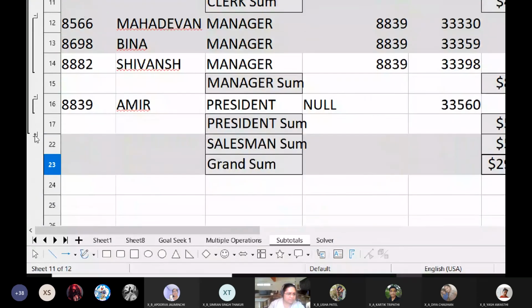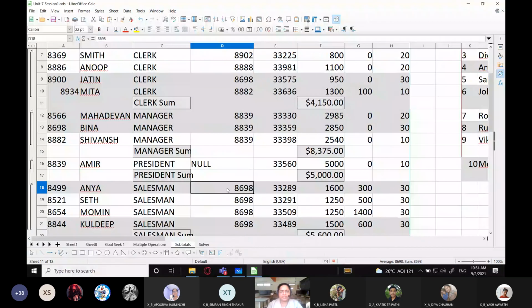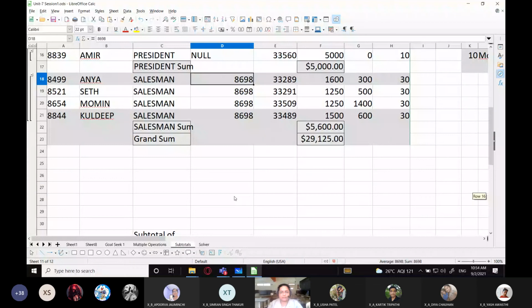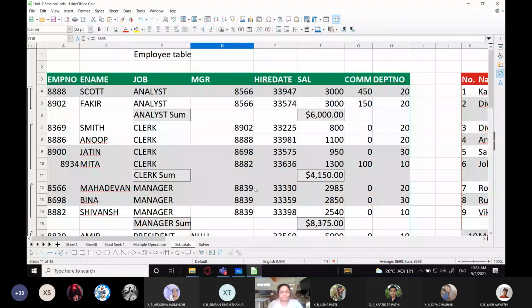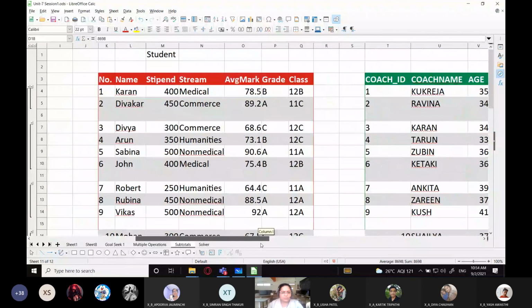Right? So here we go. And this way, all the data is now completely visible. So this was the employee table. Let us see one more example over here. We have a student table. You all can see the student table, right? So I'm